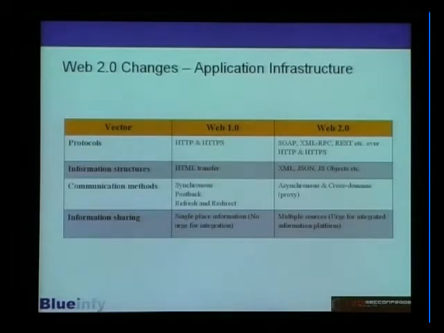What we are looking at is, usually in a 1.0 application, you have your own database, and from that the whole information set comes out. With 2.0, you have multiple sources of information. You are not consuming information from one source. Say for example, you have implemented an RSS feed in your Web 2.0 application. So your RSS feed can be configured by the end user, and the end user can define that I want a feed coming from CNN, I want a feed coming from Google, I want a feed coming from my banking site,